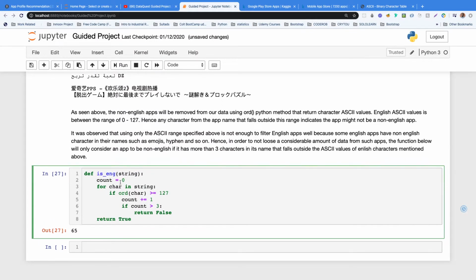Now we are setting a counter variable, and we loop through each character of the string, because you remember, in Python, a string is literally considered like a list, so you can just loop through it like a normal list. We are checking if, for example, the character here is greater than or equal to 127, you want to increase the count by 1, right? And if this happens,